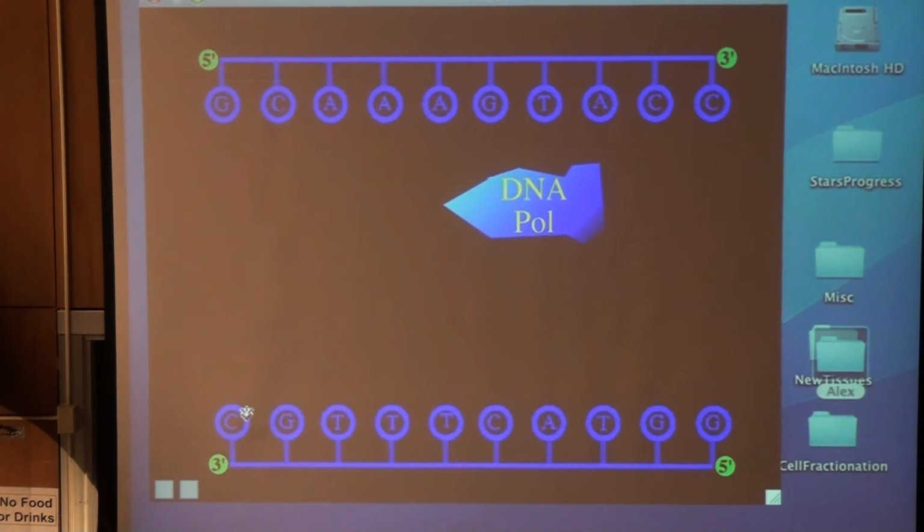Anyway, so RNA polymerase latches onto the strand and makes a complementary RNA to it, which is the messenger RNA that goes to the ribosome. But this DNA polymerase 3 is not going to make an RNA strand, it's going to make a complementary DNA strand. This DNA polymerase 3 enzyme, the strand that it binds onto is always called the template strand. And this enzyme has some rules it has